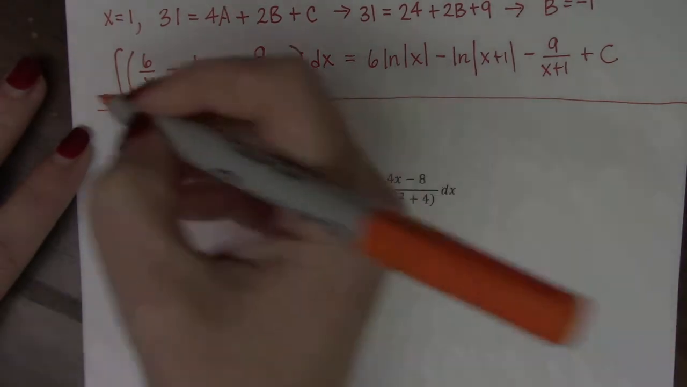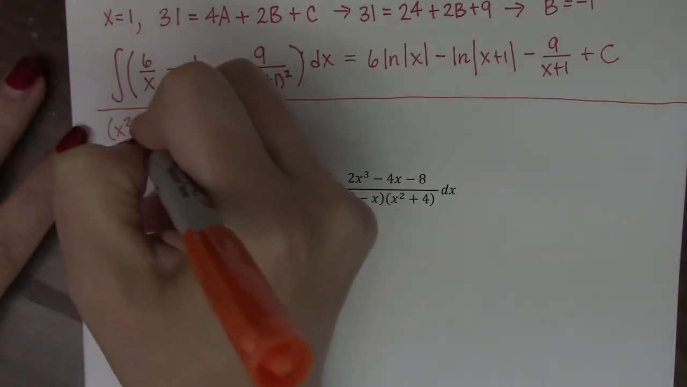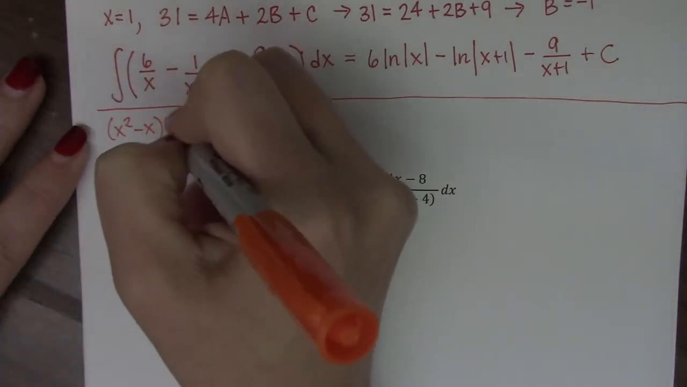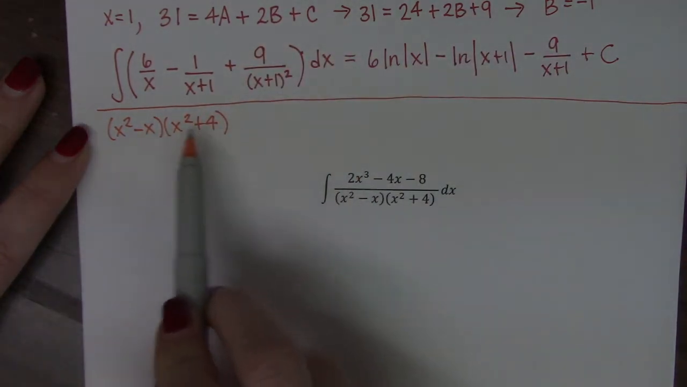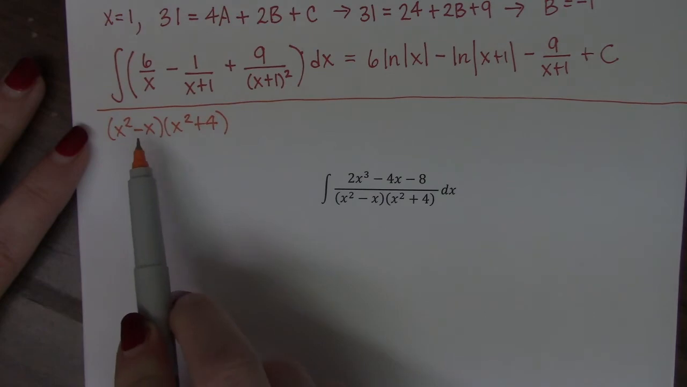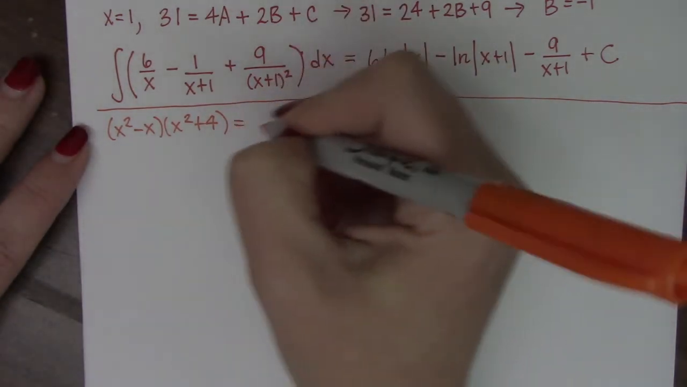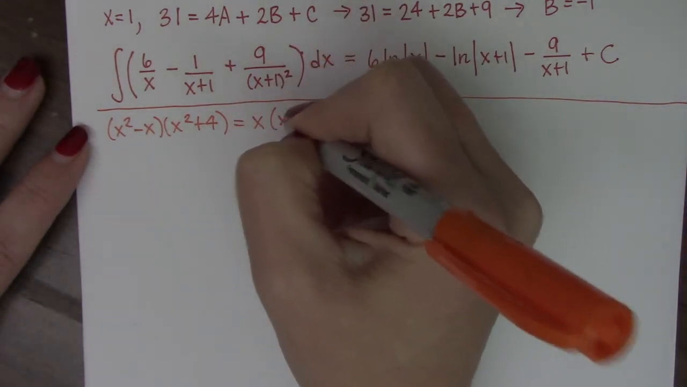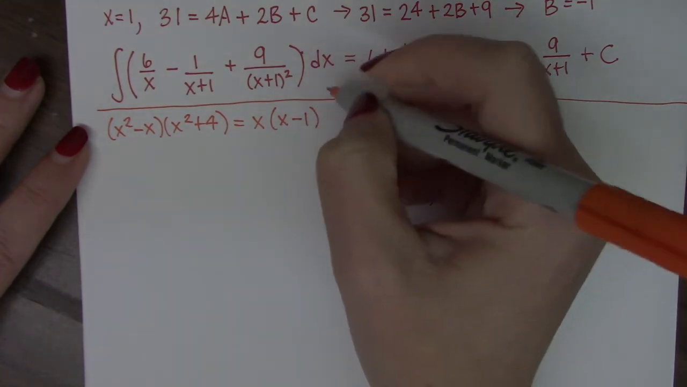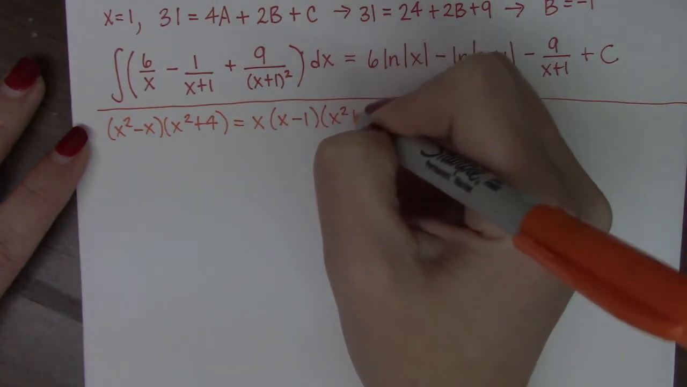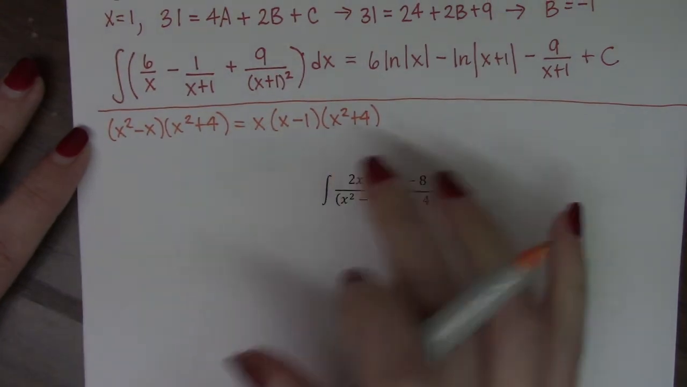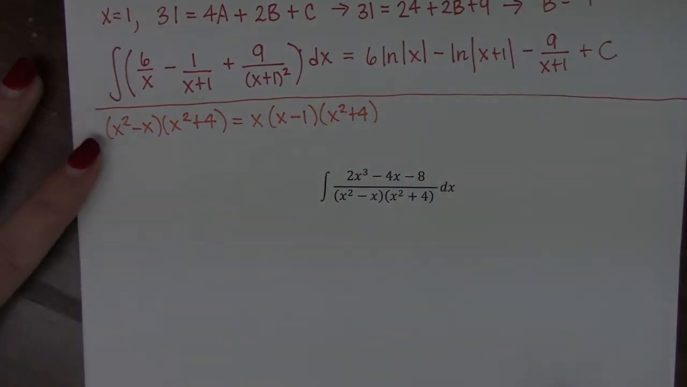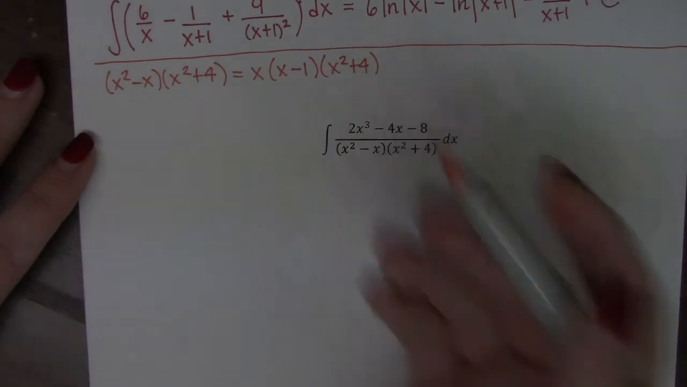So this denominator, x squared minus x, times x squared plus 4. Well, the x squared plus 4 cannot be reduced any further, but I can factor an x out of the first term. So I get x times (x minus 1) times (x squared plus 4). Now this thing is completely factored, but notice I now have a quadratic term I have to deal with. So if we break this up into partial fractions,